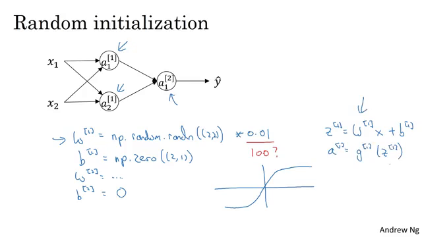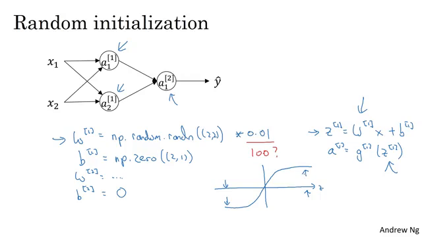So if W is very big, Z will be very big, or at least some values of Z will be either very large or very small. And so in that case, you're more likely to end up at these flat parts of the tanh function or the sigmoid function, where the slope or the gradient is very small, meaning that gradient descent would be very slow, and so learning would be very slow. So just to recap, if W is too large, you're more likely to end up even at the very start of training with very large values of Z, which causes your tanh or your sigmoid activation function to be saturated,